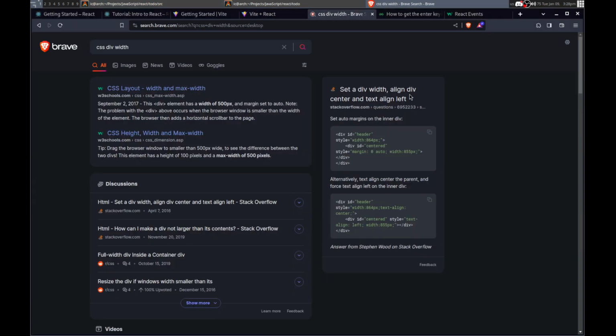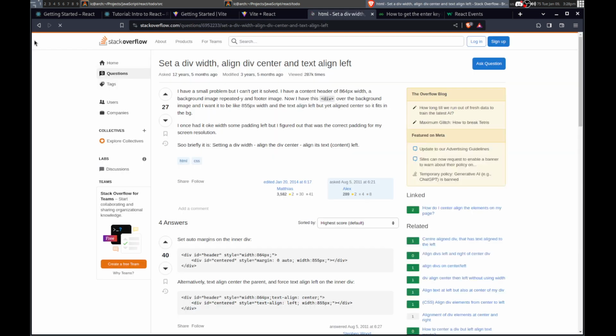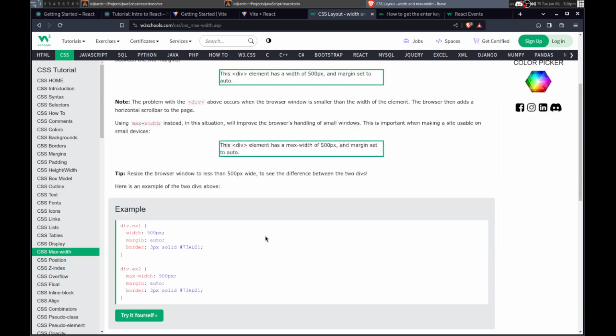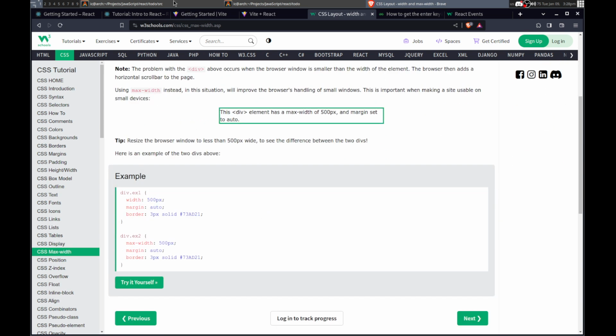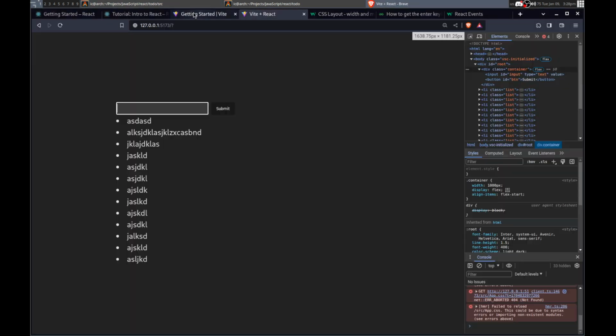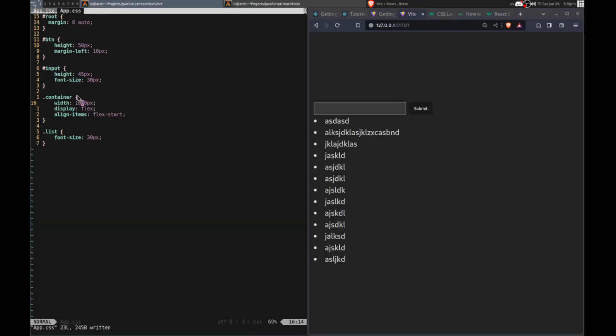Hmm. How does that look now? Yeah, so then I want to center the stuff in the middle of it.